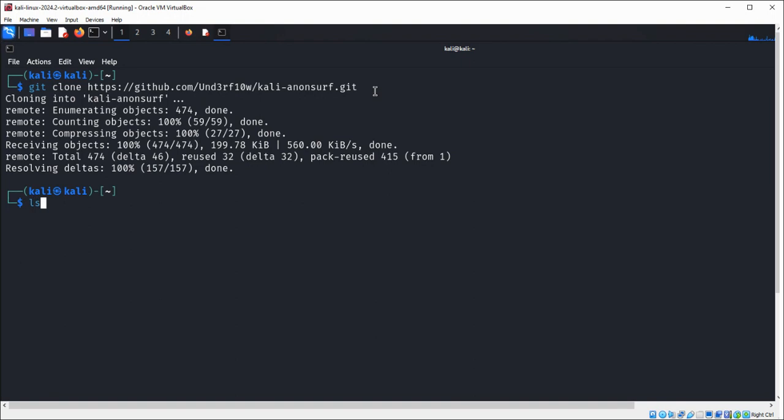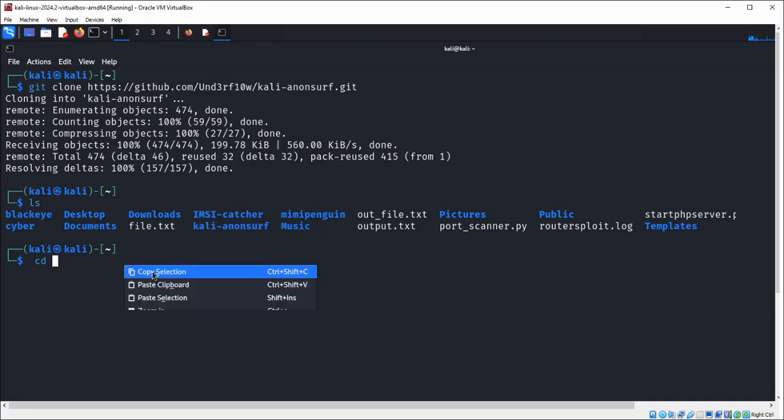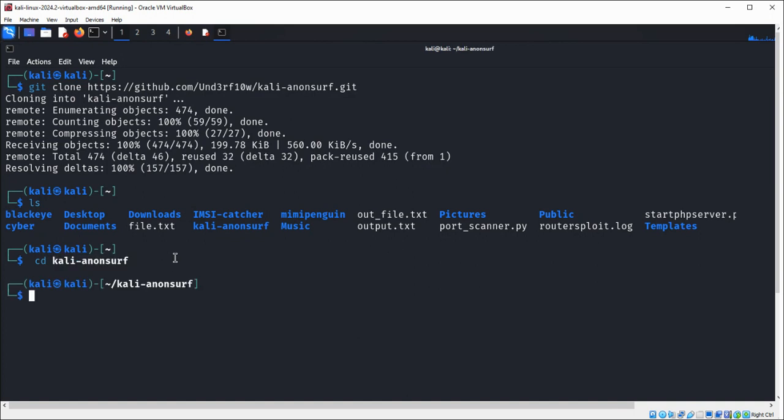We can do the listing of the current directory and look for the directory, and so over here we need to cd into that directory. So we are just moving into this folder over here. Copy the name and paste, and inside this directory I'm just gonna do ls again, and we need to run